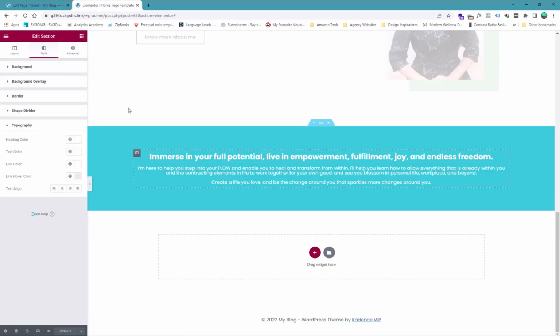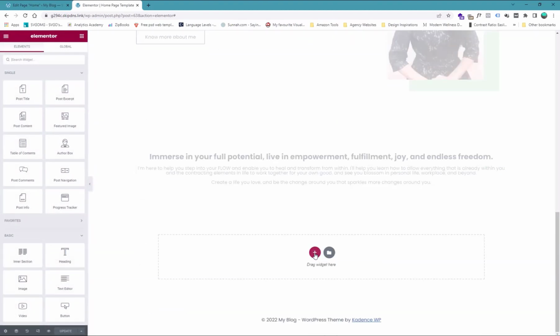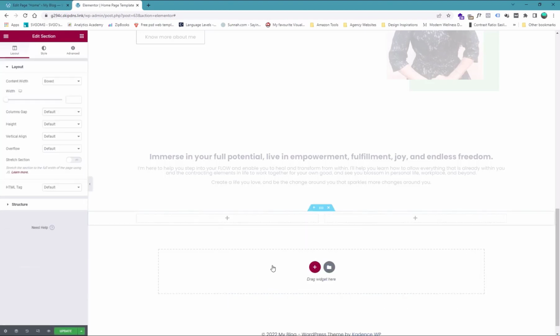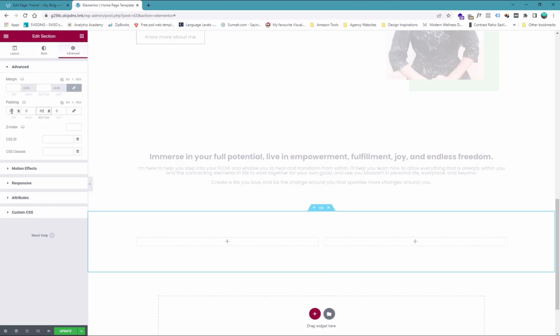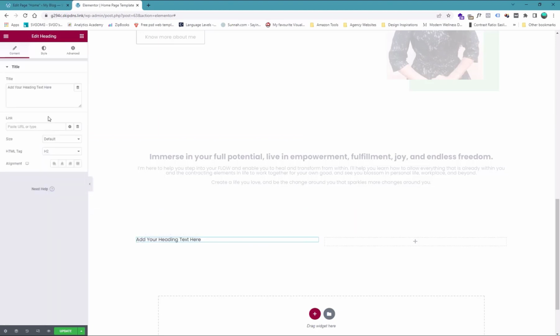go back to Elementor, reload the Elementor editable page, click on the edit new section icon. We need 2 columns, edit section, then unlink padding values. Top padding value will be 80 and bottom will be 80 as well. Then we will drag and drop the heading title, go to dynamic tag, click on ACF field, key will be